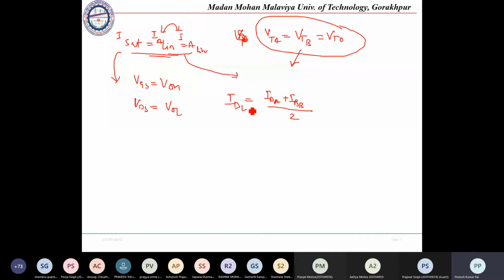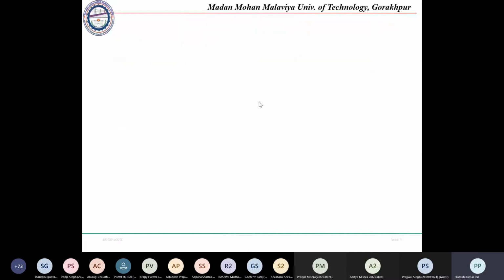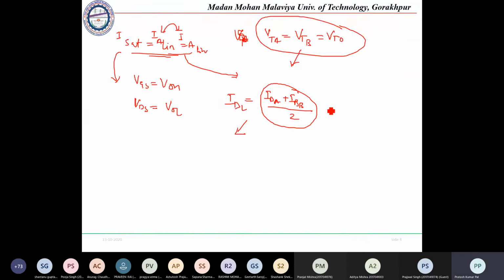After putting in this condition, we can get the final equivalent transistor. Suppose we are converting it into the equivalent transistor, with the two in cascade form. If this is the cascade form, and both currents are equal, then it will be half of ID A or half of ID B. That means the current flowing through the load transistor will be half of this one, with all other parameters the same.